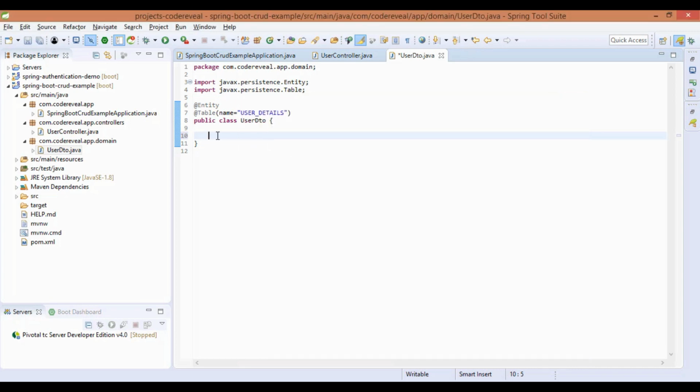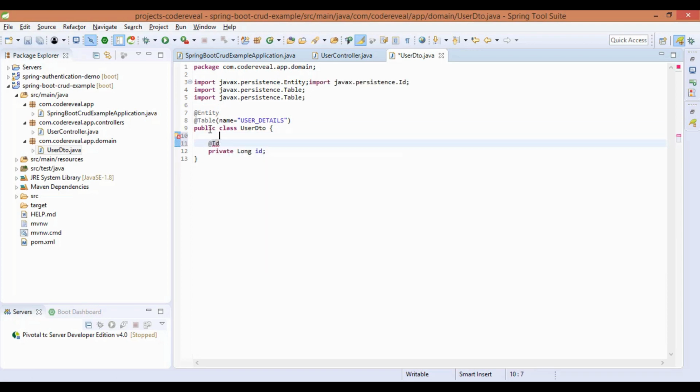So for that we have to define the ID with a long data type, and we annotate it with @Id, and also @GeneratedValue. Whenever we define any primary key, we should define the identity or auto generation, so that the value is automatically assigned to it.